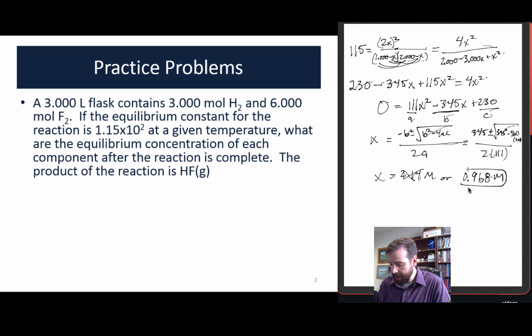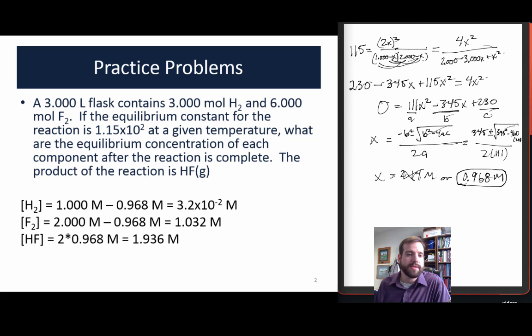Okay, this is not the answer to the question, right? The question didn't ask about how much it changed. The question asked about the equilibrium concentrations. So we can find those by looking back to our ICE chart, and we see that the concentration of hydrogen is now 1 molar minus 0.968, this change value, so it's 3.2 times 10 to the minus 2 molar. Our fluorine concentration is 2 minus 0.968, so 1.032 molar, and our HF concentration at equilibrium is going to be